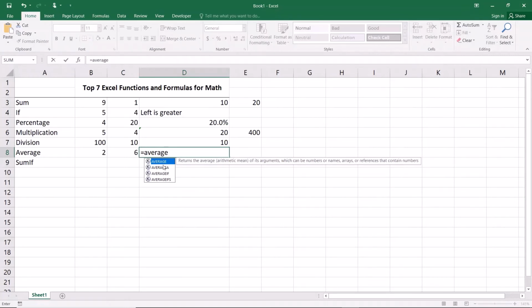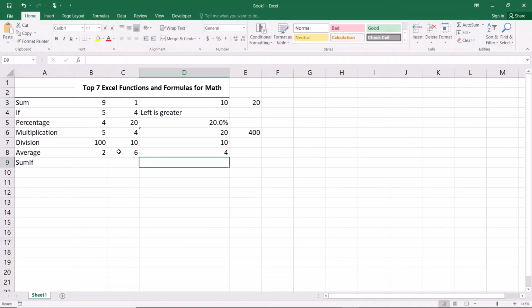So look at the ones we have. We have average, AVERAGEA, AVERAGEIF, AVERAGEIFS. We don't want those. We want normal average. So we want this. We say number 1 and we say number 2. But remember to put a comma or else it won't register what your first input was. First one, comma. Second one, close it,